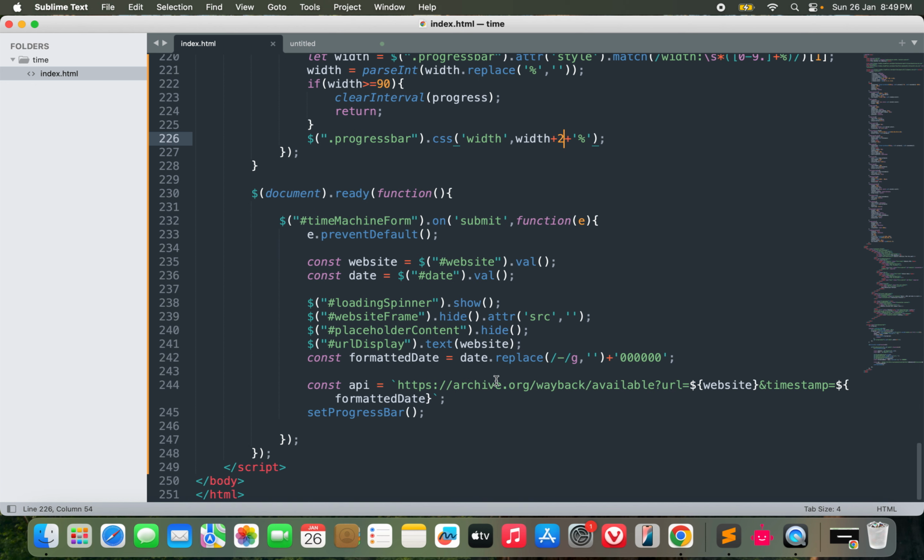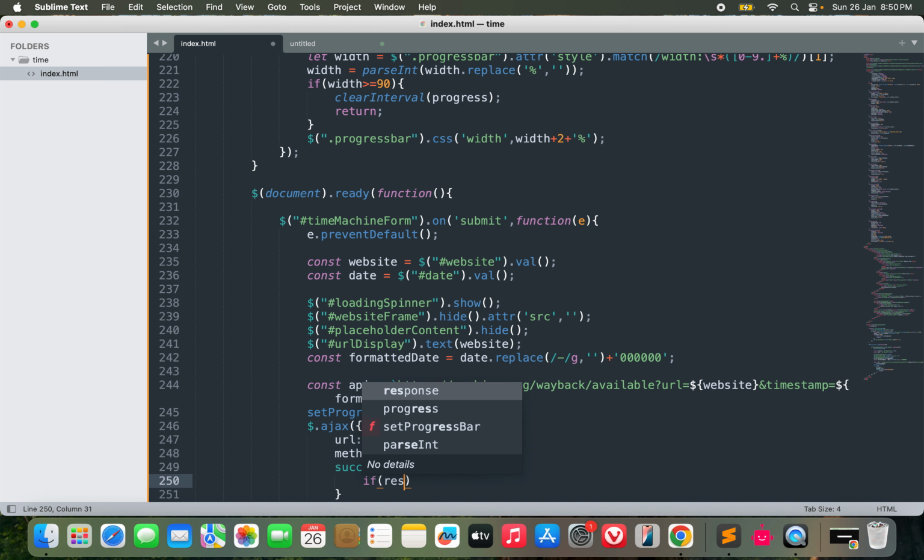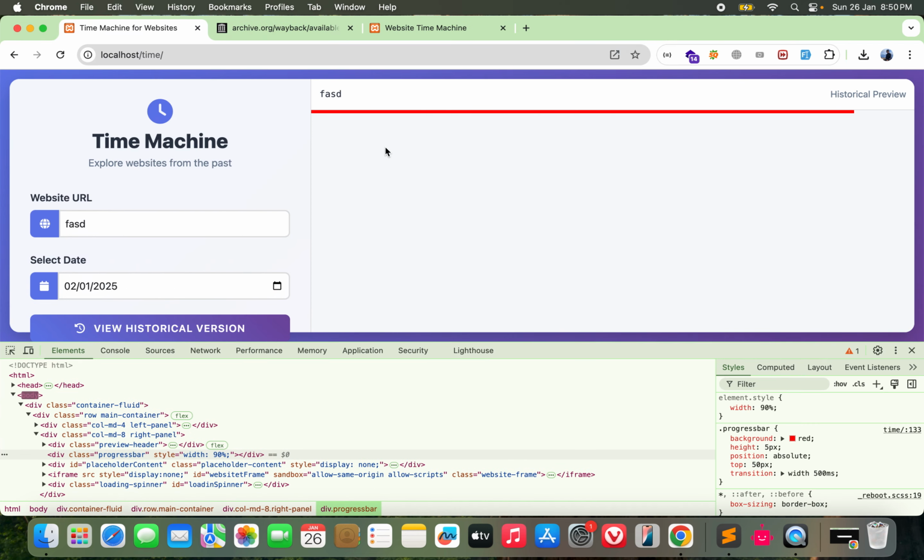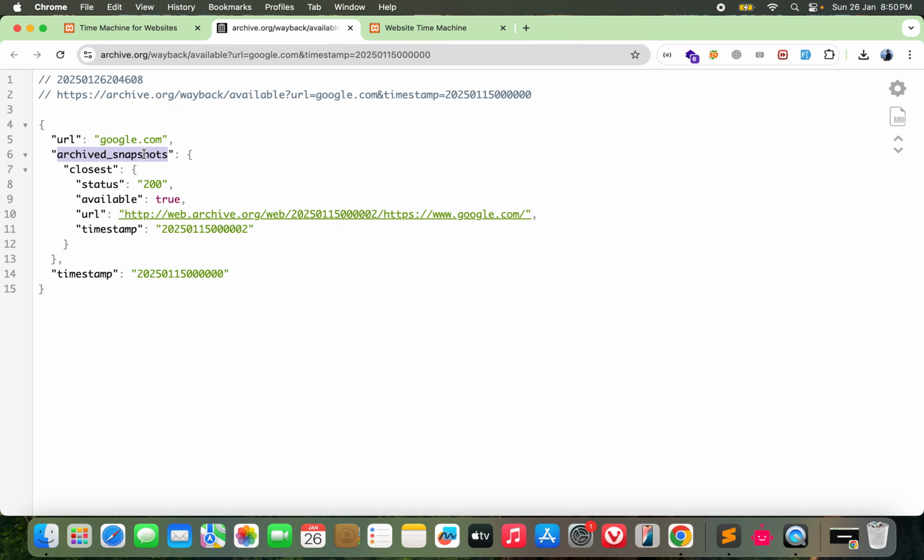So after we set the progress bar, we can actually call the API. We will use an Ajax request to call the API. The URL is the API, and the method is GET. On success, after the API is successful, we'll get a response here. And we'll check if the response has a key named archived snapshot. You can see it here. Yeah, if it has archived snapshot